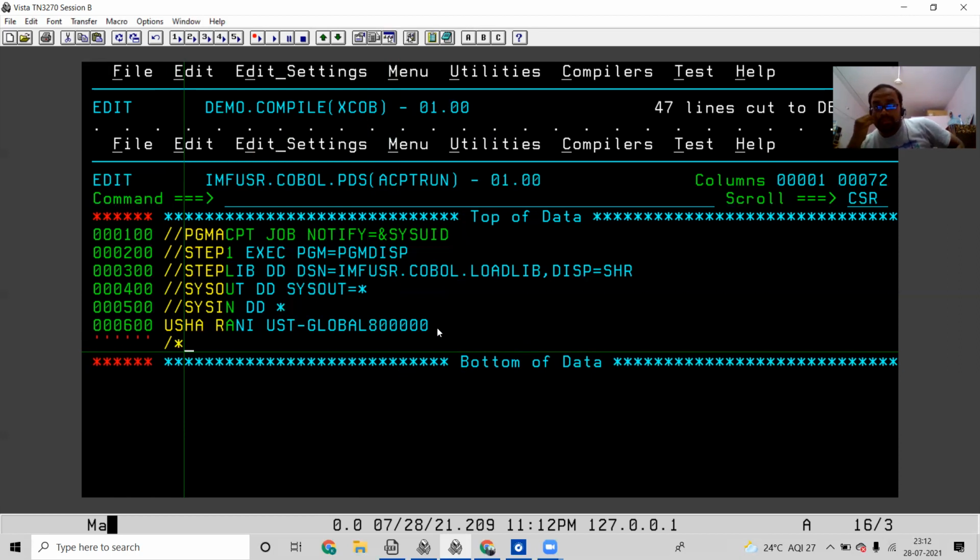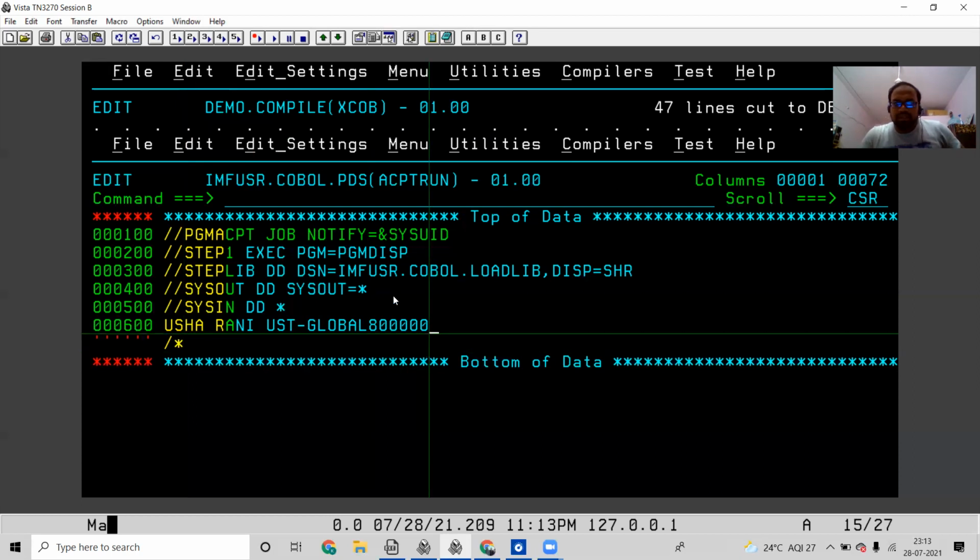What is the justification of the number and what is the truncation? For numeric data type, in which side it will be justified and in which side it will be truncated? Right justified, left truncated. Left will be truncated. Okay. If I give more values, what happens is this 8 value will be truncated. If I give one more 0 here, then 8 value will be truncated. Let us see what happens if we give more values and if we give less values.